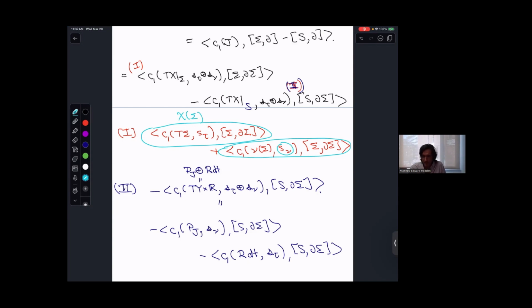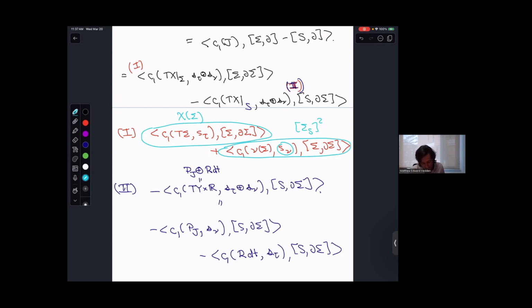That nu was a direction or a framing coming from the Seifert surface that I chose. And so you can evaluate this